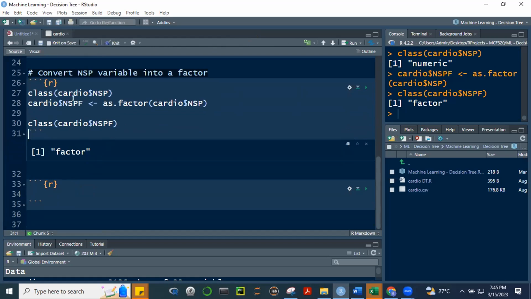Pwede rin namang class, pwede rin namang NSP na lang din. Pag NSP yung ginamit natin dito, papalitan talaga niya yung NSP. Hindi na siya mag-i-introduce ng another variable called NSP. Alright? Okay. So sa machine learning, ang gagawin natin dito, ang objective natin is to use a model in machine learning, and the first model that we're going to use is decision trees.